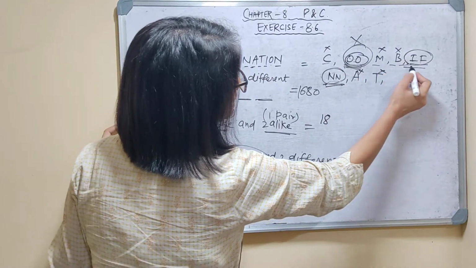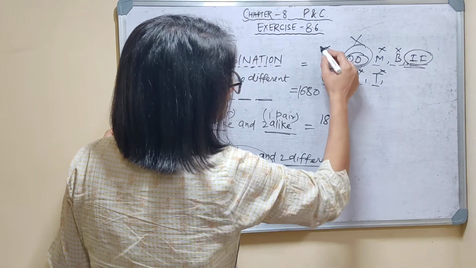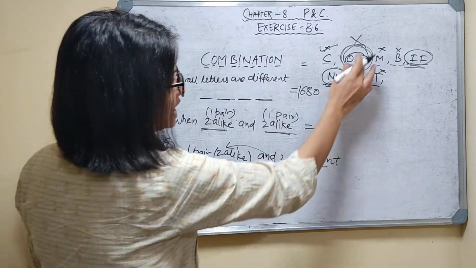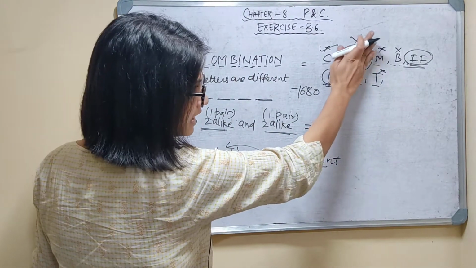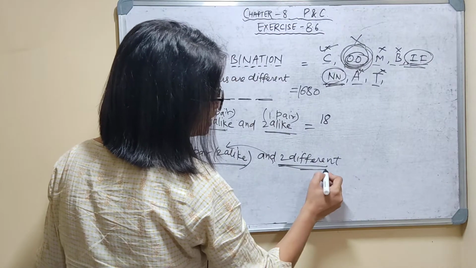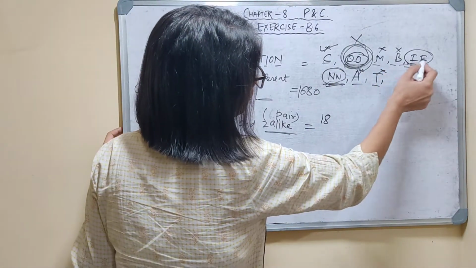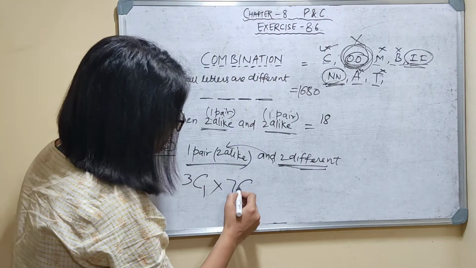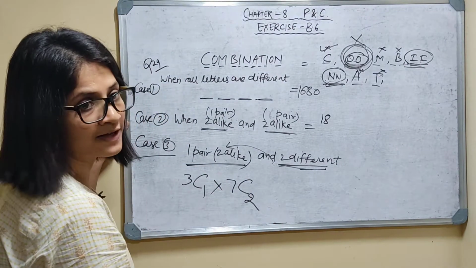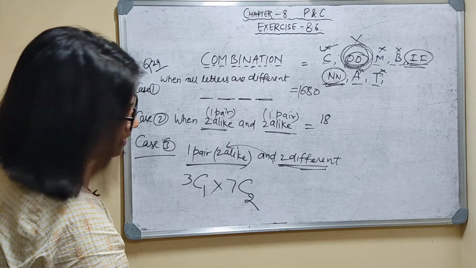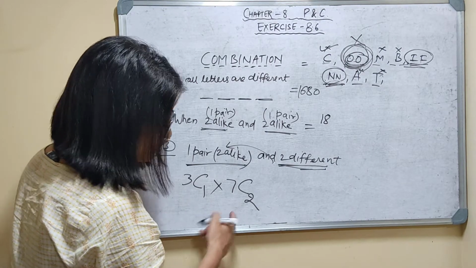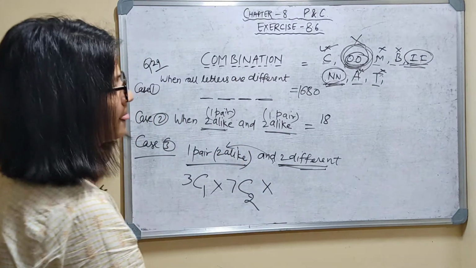C, M, B, I, N, N, A and T. If I have used here 2 alike, I can't take this one again because the other 2 are different. So 1, 2, 3, 4, 5, 6, 7. How many are there? 7. So the remaining 2 I have to choose from 7 letters. Is it fine? 3C1 into 7C2 into